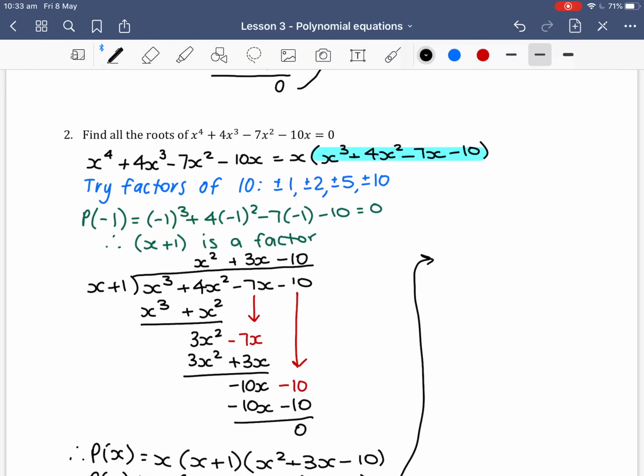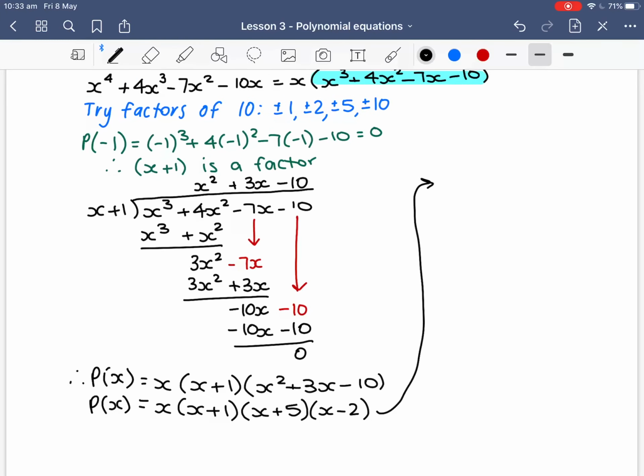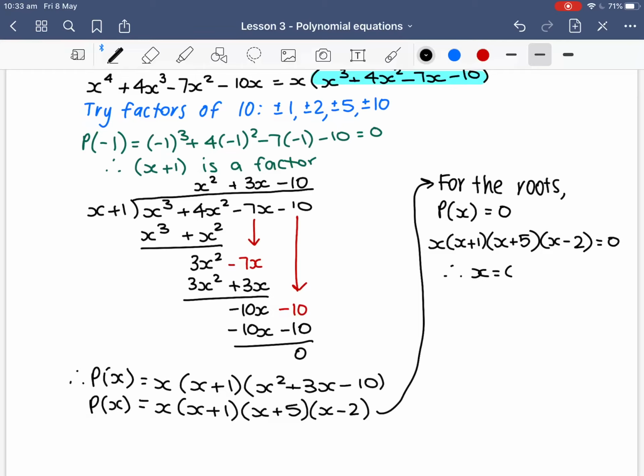And so then for the roots, we let p(x) equal 0, so we get x, bracket, x plus 1, x plus 5, x minus 2 equals 0. So therefore x equals 0, minus 1, minus 5, and 2. And so therefore the roots are x equals 0, minus 1,